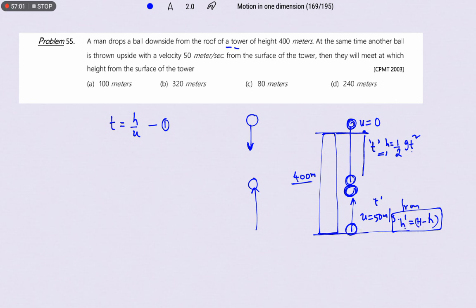Let us apply the same formula for this. For the time of meeting we write t equal to H by u. The H value is 400, so 400 by 50, that is 8 seconds. After 8 seconds both will meet, right? So the height of the point where they meet...